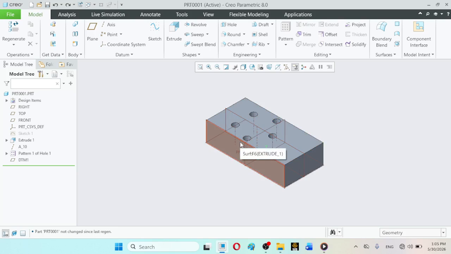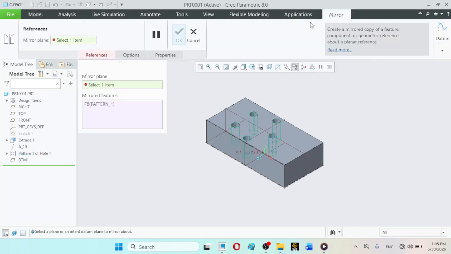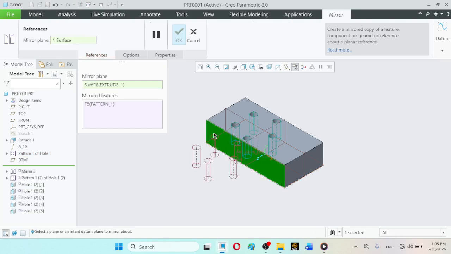So what you can do, for example, is first select the pattern, click on the mirror command, and then select this face. In this way the mirror has been placed and the command is successful.